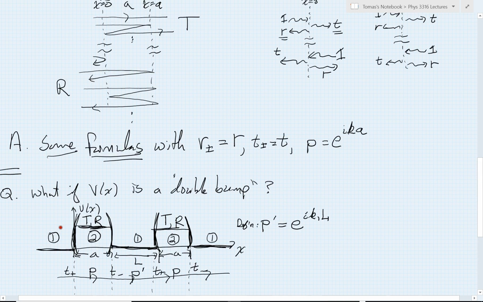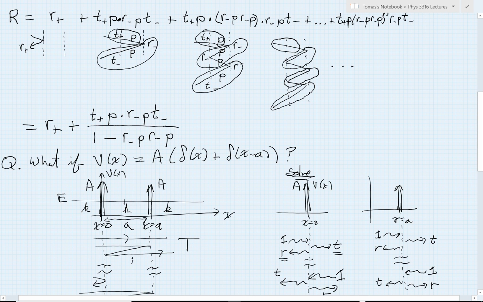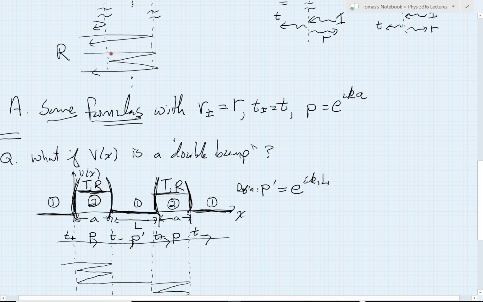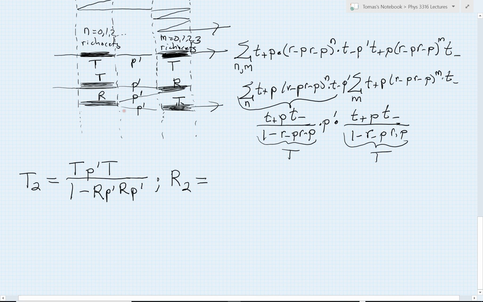For R2, you might remember, the series goes like this. The first term is just the reflection off the first barrier. Then I have my geometric series, which involves first this diagram on top divided by the repeating factor, and this diagram always transmits off the first barrier, propagates through, reflects off the back barrier, propagates, and then transmits through the first barrier. So that separates out then just the first reflection off of the first now unit, plus then transmission